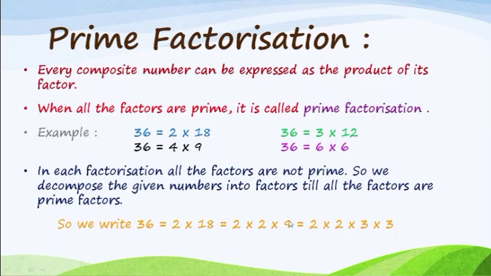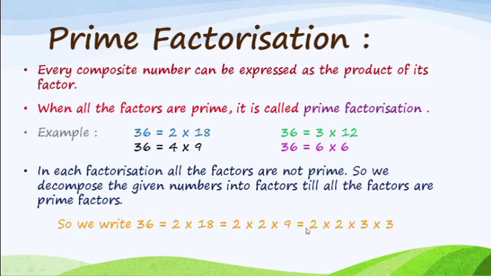I have decomposed the number 18 as 2 into 9. Now again in the given product form, 2 is a prime number, but 9 is a composite number. Again we will decompose 9. The 2s will stay as they are. After 2, the next prime number is 3. In the table of 3, 3 times 3 gives 9, so break and write 9 as 3 into 3. Now see, all the numbers are prime: 2 into 2 into 3 into 3.